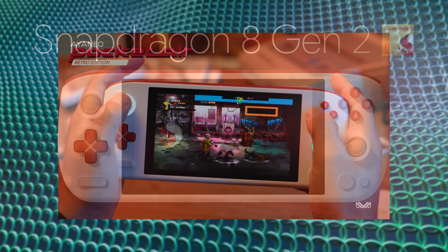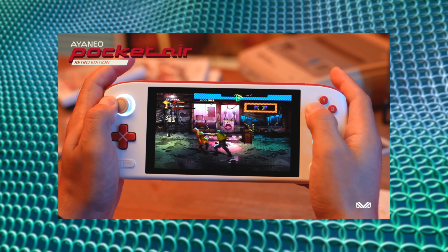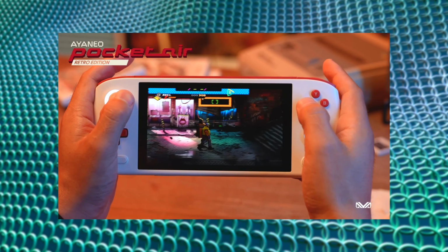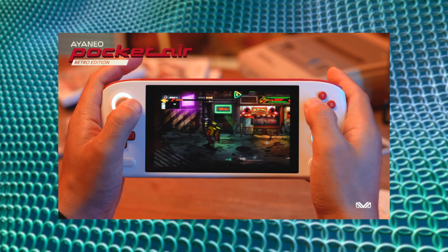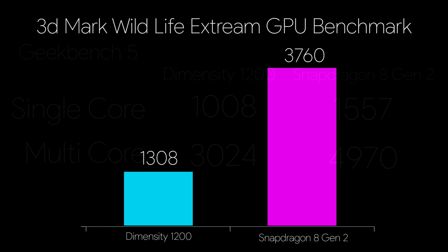I think this has a lot to do with AYN announcing their Odin 2 with that Snapdragon 8 Gen 2. And just to give you an idea of the performance uplift we're going to see with that Snapdragon 8 Gen 2 in the Pocket Air, I've got some benchmarks here, and first up, Geekbench 5. I usually use Geekbench 6, but I really couldn't find anything with that Dimensity 1200. Single core for the Dimensity 1200, 1008, multi 3024. On the Snapdragon 8 Gen 2, single core 1557, multi 4970. With Geekbench 5, it's not looking like a huge jump, but let's check out some GPU benchmarks with 3DMark